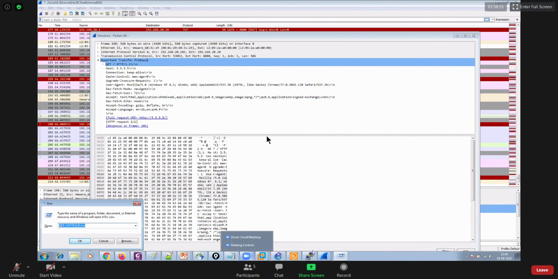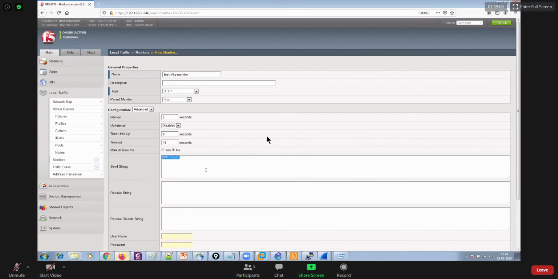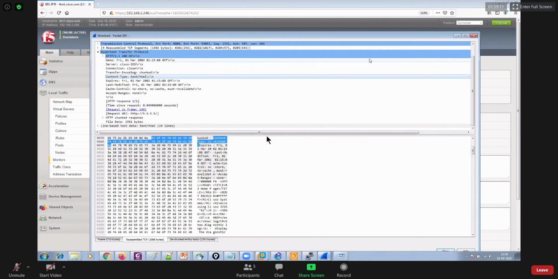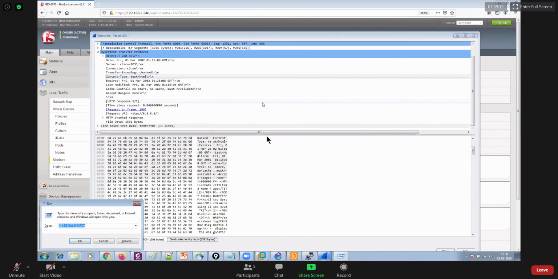So by doing packet capture itself, I can create this monitor, right? So that's my send string. And the receive string I should have is HTTP/1.1 200 OK\r\n like this.